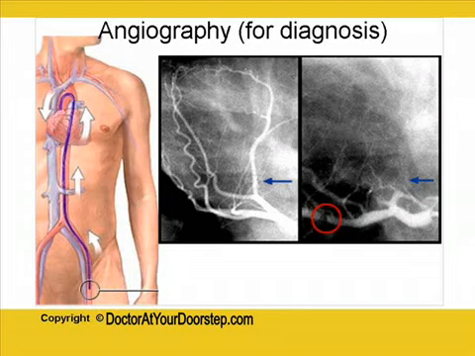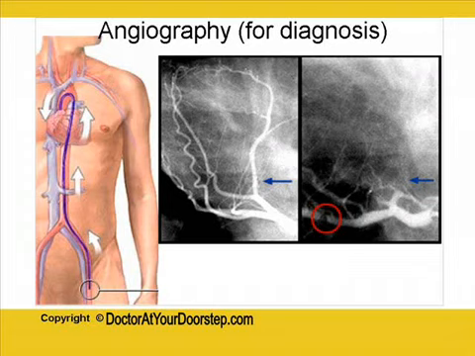Once it reaches the heart, a dye is injected through this, and this dye is radio opaque. Radio opaque means when we do an X-ray, the X-ray can detect the presence of that dye. Since the dye is moving in the arteries of the heart, wherever there is a block, the dye will not reach there, or it will show an indentation.